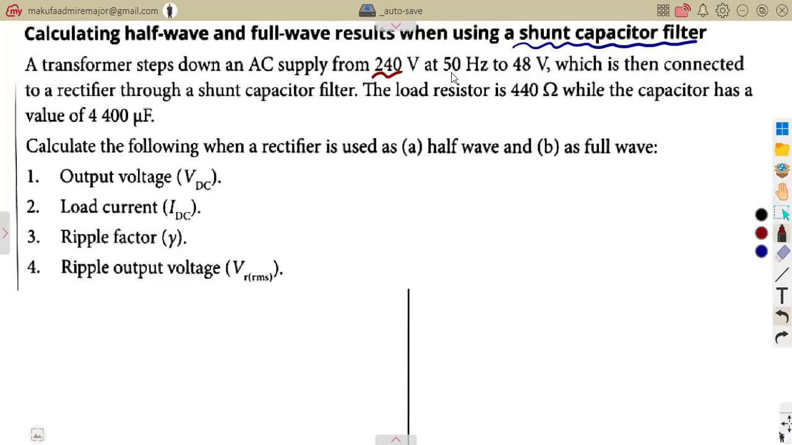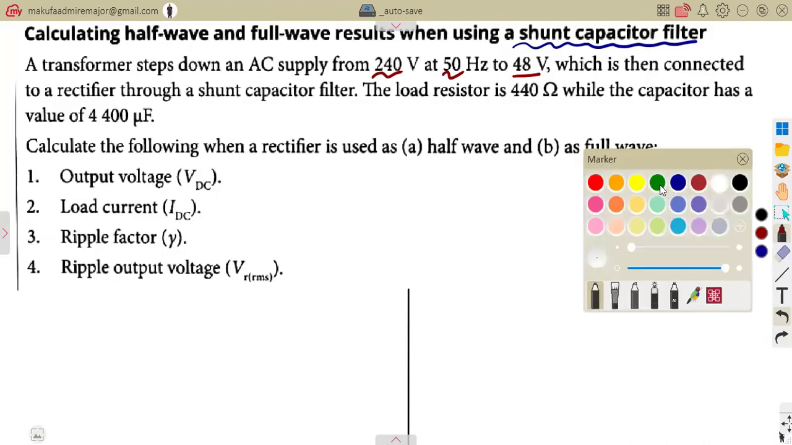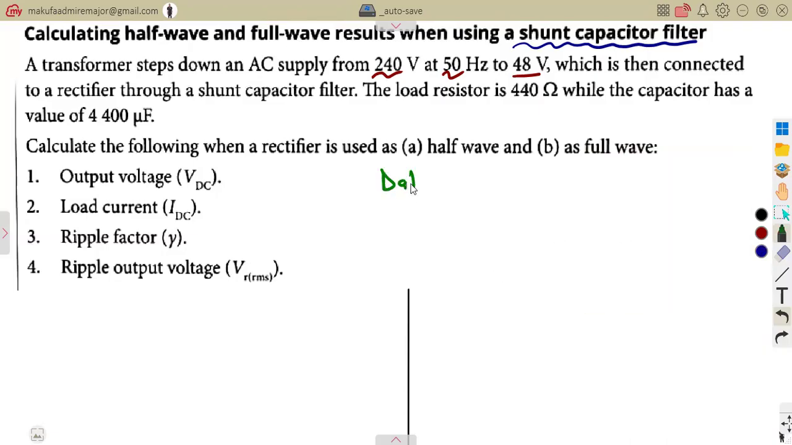So in this case, we are given a transformer that steps down an AC supply from 240 volts, 50 hertz to 48 volts. These are two voltages that we're given from the transformer. And as we understand, from the transformer we're going to have the primary and the secondary. So take note, it steps down this primary voltage of 240 to 48 volts on the secondary side, which is at a frequency of what? Of 50 hertz,